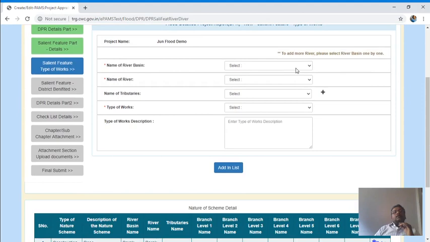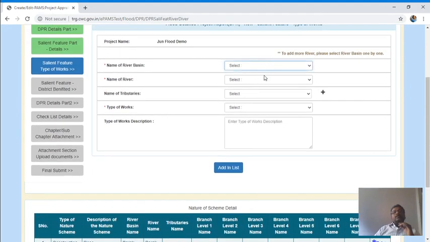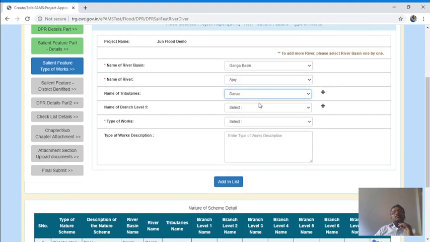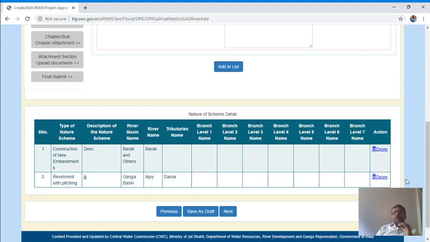What river basin, I have added one here. You can also add from here. You can add your own. Just add in list. You see here that it is added.